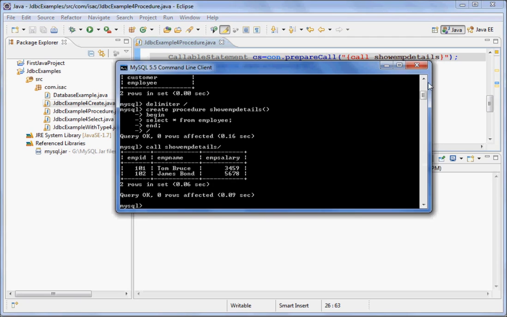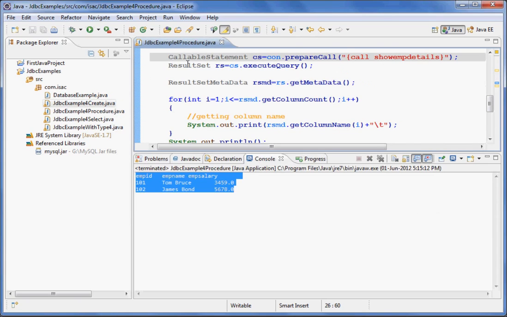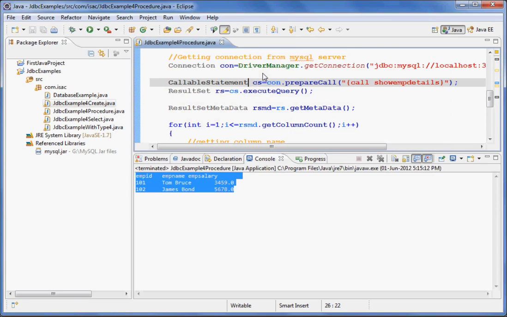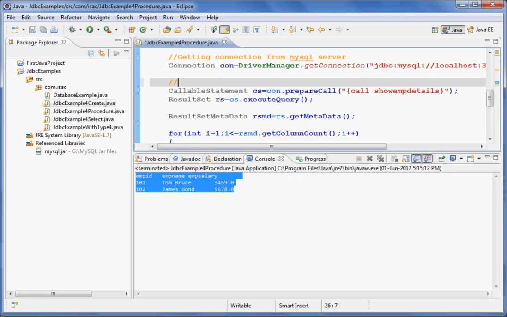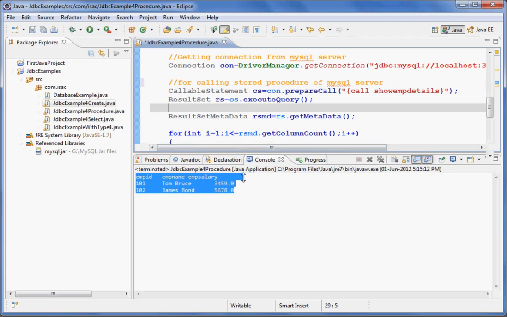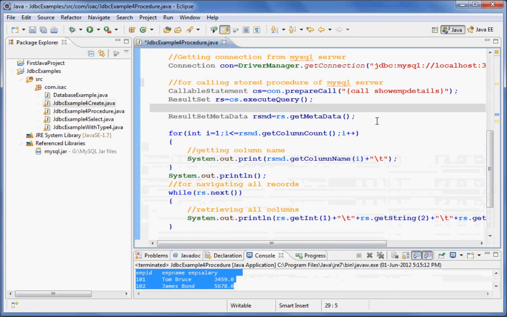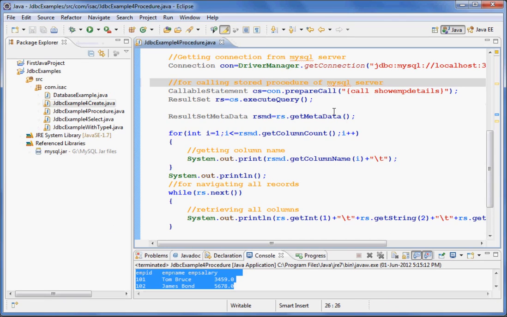This is the one procedure which we are calling here. For calling a procedure we have a statement, the callable statement, right? So I just write here: for calling stored procedure of MySQL server. Okay, so that's all about